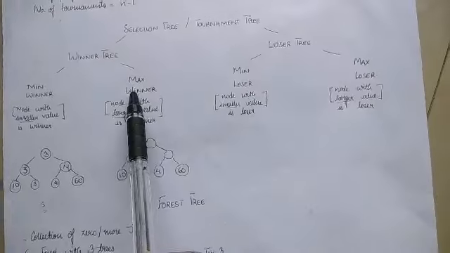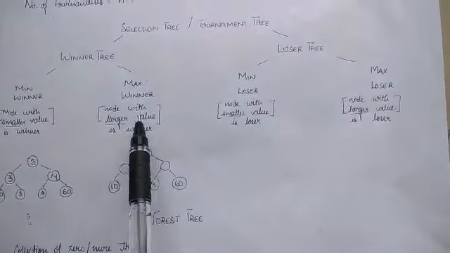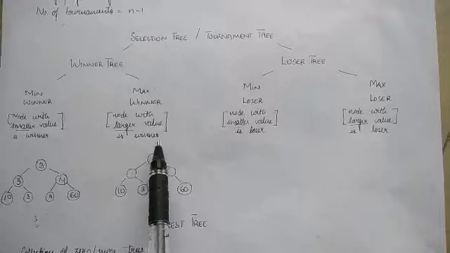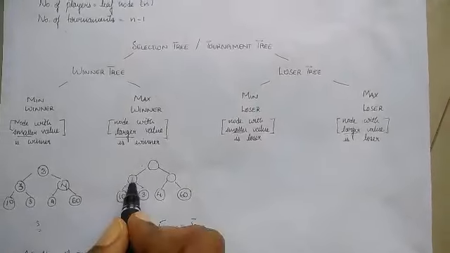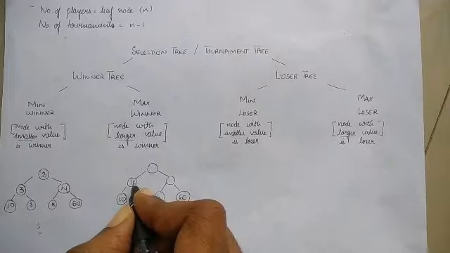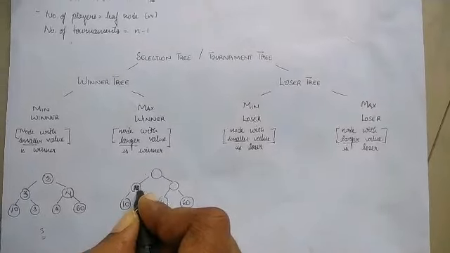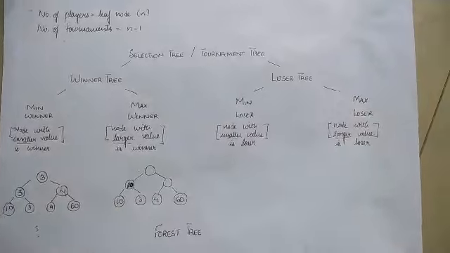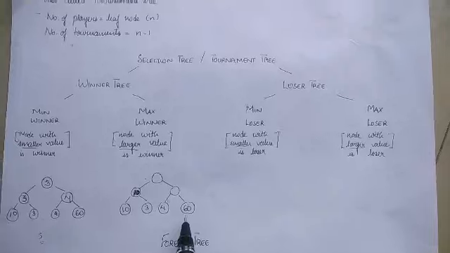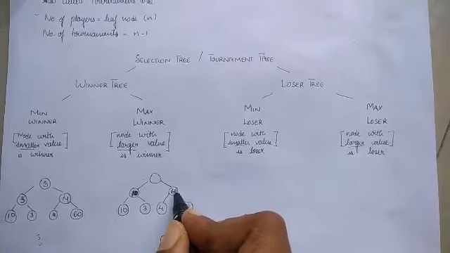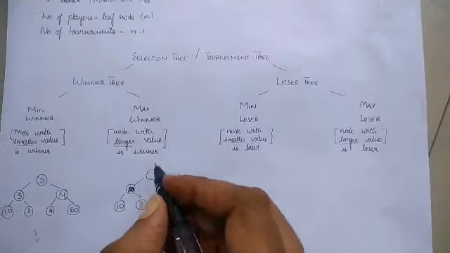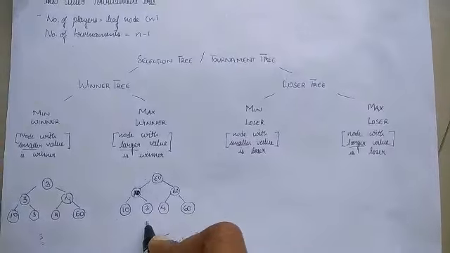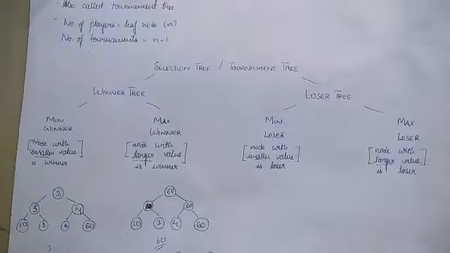If you see the concept of max winner, the node with larger value is the winner. Compare 10 and 3. 10 has a value greater than 3. So, fill the parent node as 10. And when you compare 4 and 60, the node which has the larger value is 60. So, you fill it with 60. Now, compare 10 and 60. Obviously, 60 is greater. So, you fill it in the root node and 60 is the max winner.